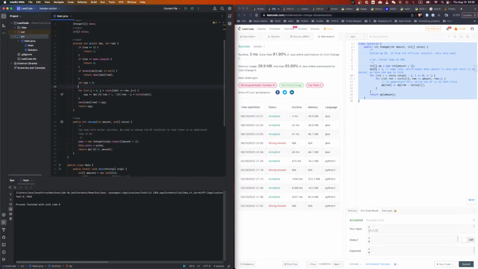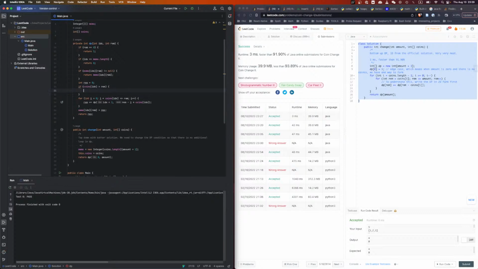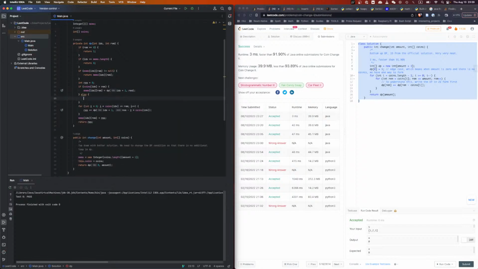So we can say if coins index is larger than remaining, then memo index rem shall equal to dp index plus 1 remaining. Right, straightforward. Else, then memo index remaining shall equal to